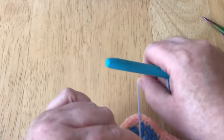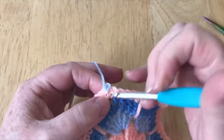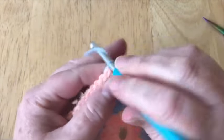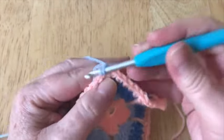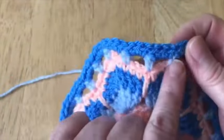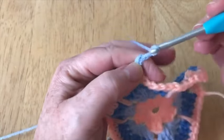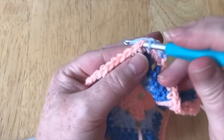So in this one, I've got to get my yarn back in, a hook back in there now. Now in here, I'm just going to get my loop. So I'm going to do a double crochet. I'll show you the round that we're doing now. We're doing this one. So it's this round here. So now I've done my UK double, which is a US single. I'm going to chain 2. And I'm going to skip 2. And I'm going to go into this one and do another